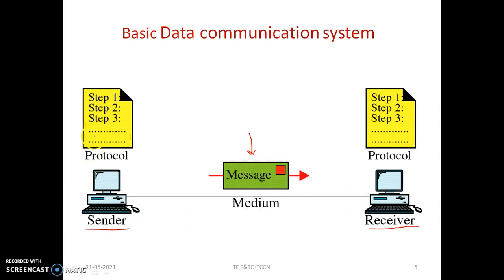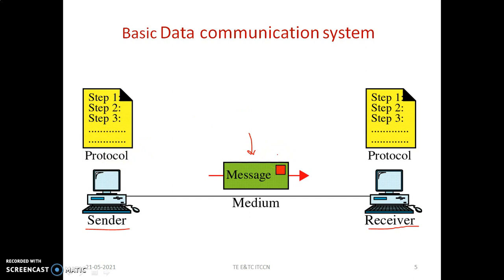Now, an additional important parameter that is indicated just now: the form of the data in which the message is conveyed should be agreed upon by both the ends. It means a set of protocols. So step 1, step 2, step 3. So the protocol is the 5th parameter, which is very much important. Without protocols, the connectivity may be there, but communication may not be held. So protocol is nothing but a set of rules which are designed for the designing of the networks.